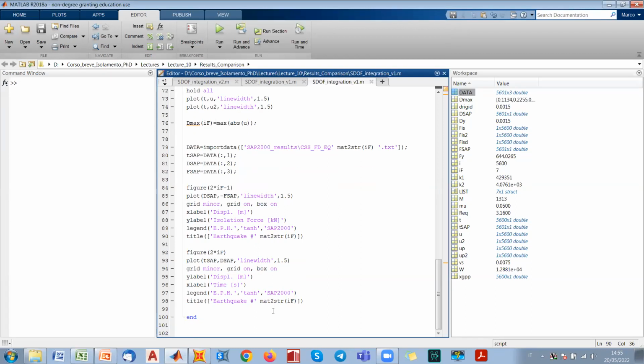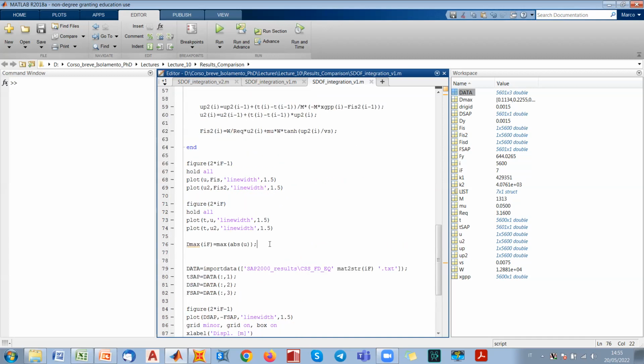Okay, so let's try to consider differences in the numerical values for the peak quantities. I want to consider both the displacements and the lateral force. The displacement is already stored for the single degree of freedom. We also have to store the maximum force for the single degree of freedom, so the maximum value of the absolute value